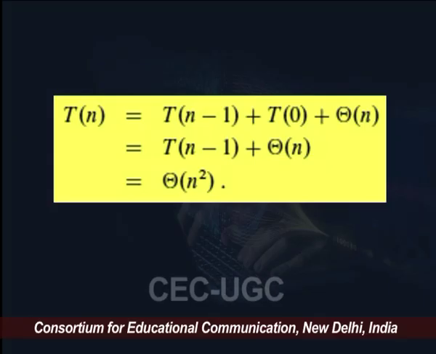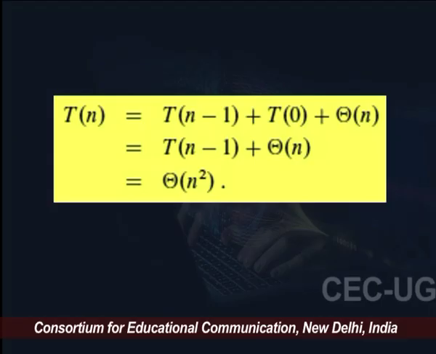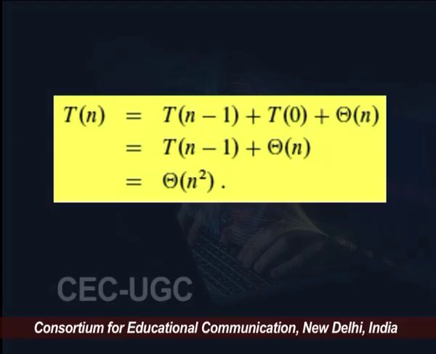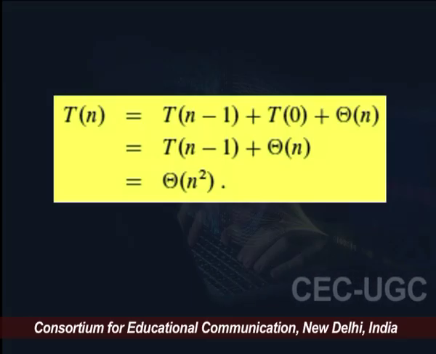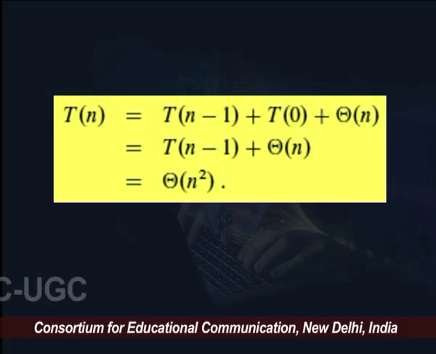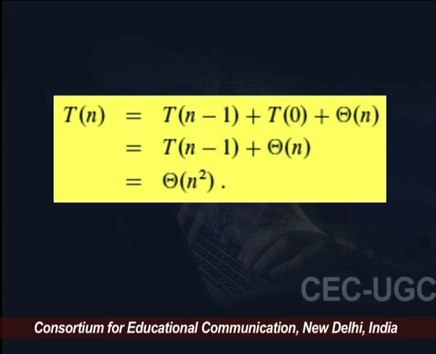So, the recurrence relation is T of n minus 1 plus T of 0 plus theta n, and this is exactly the recurrence relation of insertion sort, because in insertion sort we are sorting one element, and n minus 1 elements are left behind to be sorted. So, here we have T of n minus 1 plus theta n, because T of 0